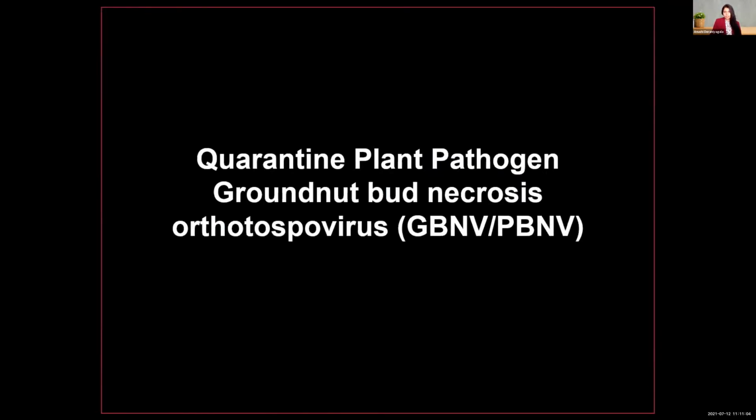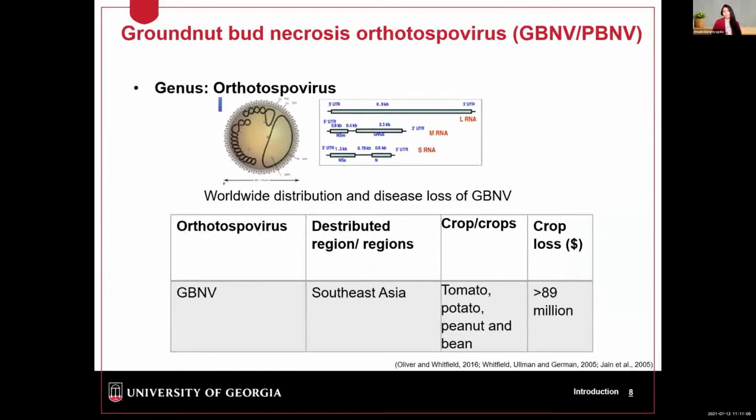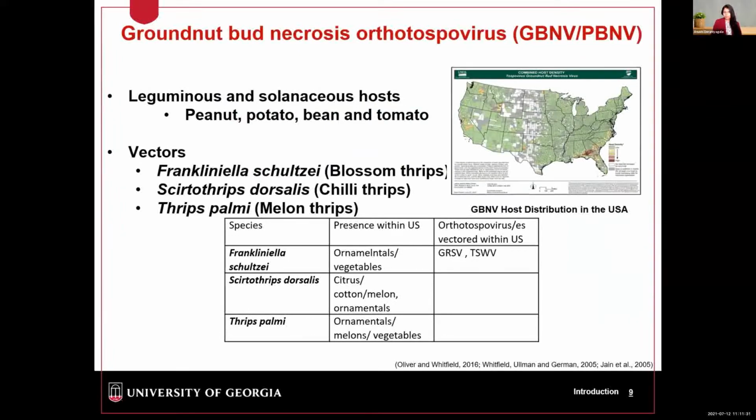I would also like to tell some information on GBNV, which is also known as peanut bud necrosis orthotospovirus. This is an orthotospovirus and currently restricted to the regions of Southeast Asia. Despite the implementation of different management strategies, still sometimes this pathogen can cause significant problems. Why is this important as a quarantine pathogen? This can infect several leguminous and solanaceous hosts such as peanut, potato, bean, and tomato, and also this is transmitted